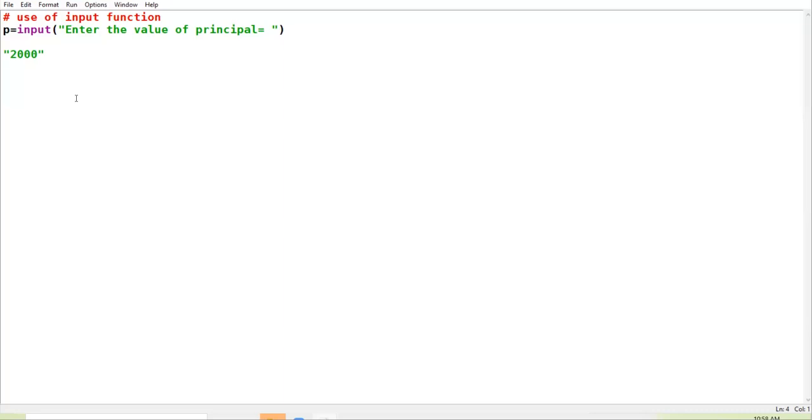And to achieve this purpose, we will be using another function that will convert our principal from string to numeric. The function is float, bracket here and closing bracket here.